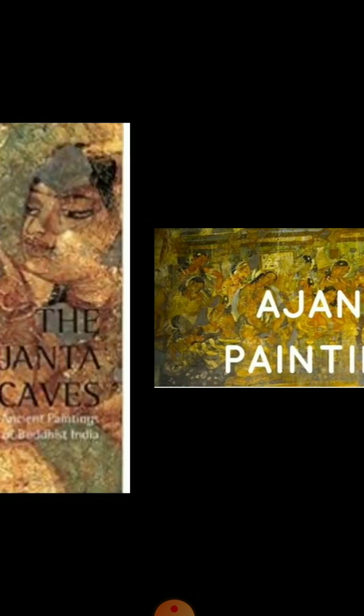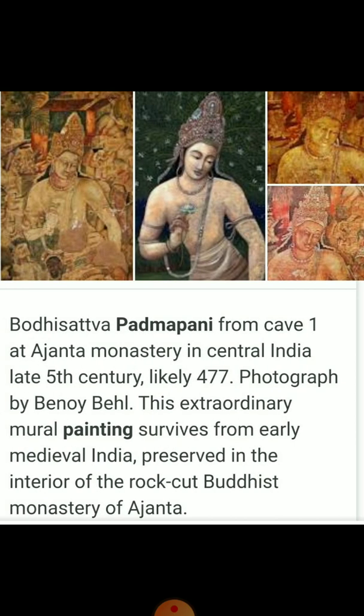My aim is to make you all describe the key features of the Ajanta paintings. This is one of the wall paintings found in the Ajanta caves. The person in the painting looks like a prince or a rich person since he is wearing a lot of ornaments and jewels. He is surrounded by many people who are probably his attendants. He is one of the followers of Buddha called the Padmapani, meaning the one who holds the lotus.